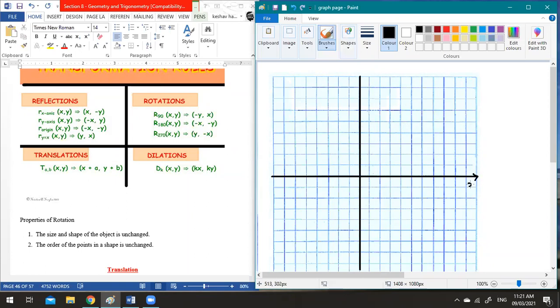You know, this is the x-axis. You know, this is the y-axis, right? And the reflection in the x-axis. Where's the x-axis? This is the x-axis here, right? So if you have a shape,